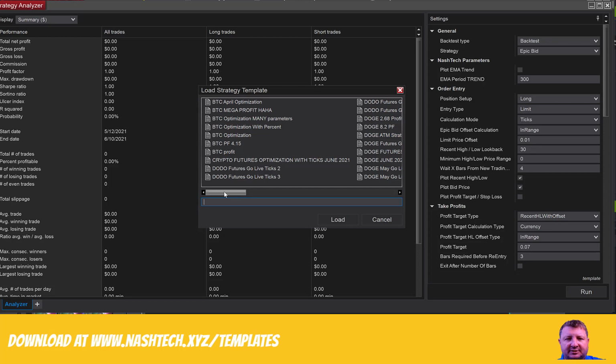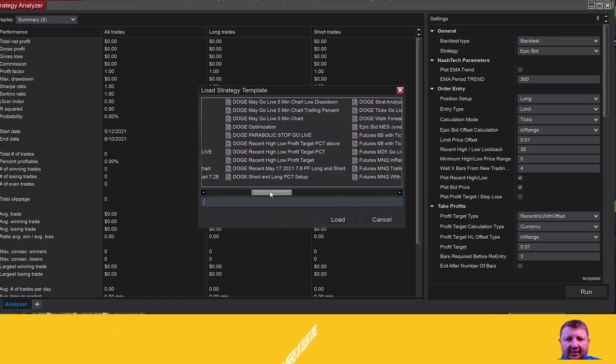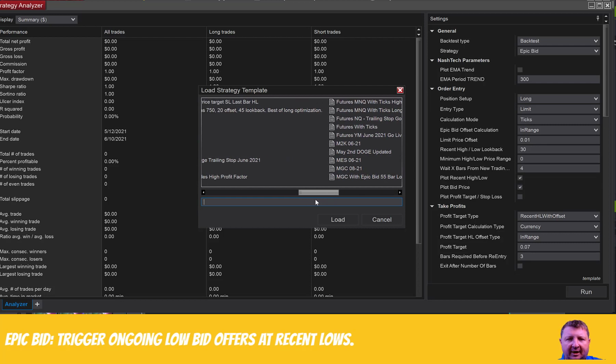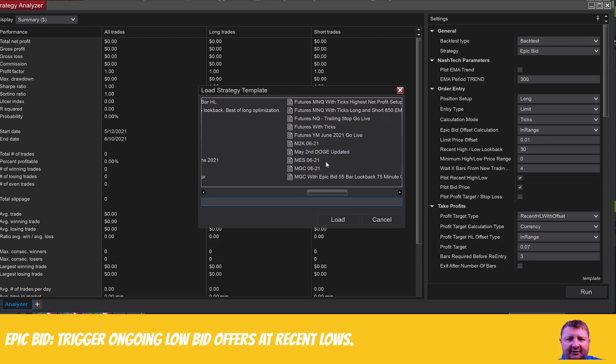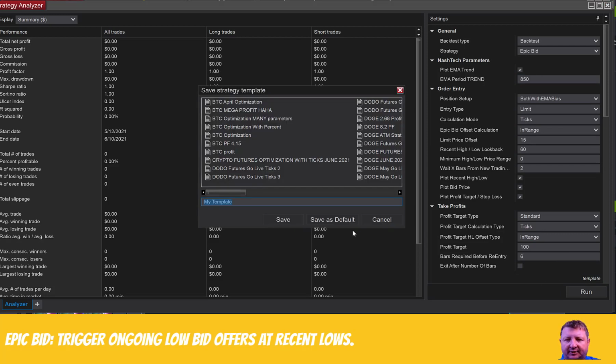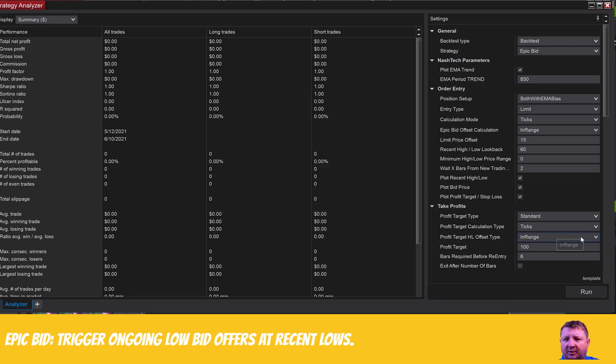It's always easier to start with this if you're looking at not doing too much optimization. This kind of helps with the template to have all of the variables in place. So here we're looking at, let's see, futures, YM, M2K futures, NQ. Let's load this one. So this is just going to load in the same details. If you want to save this as a default, you can hit save and just click save as default here. Okay, so when we run this,